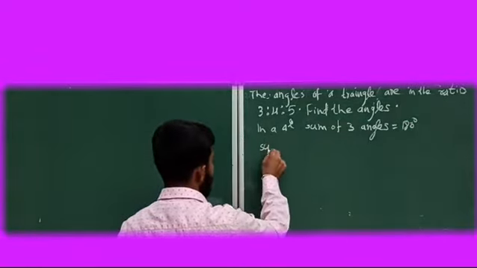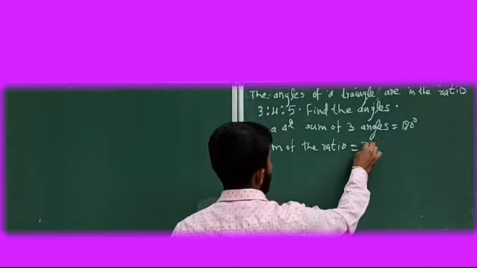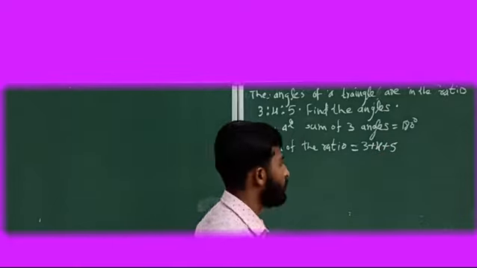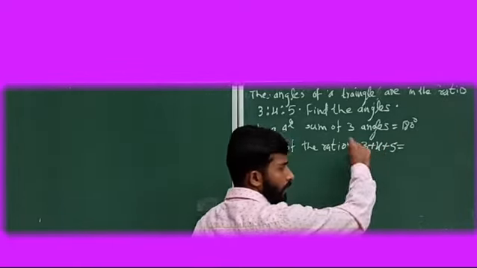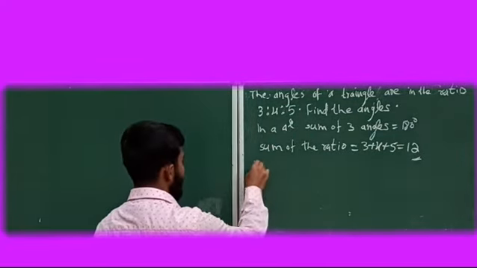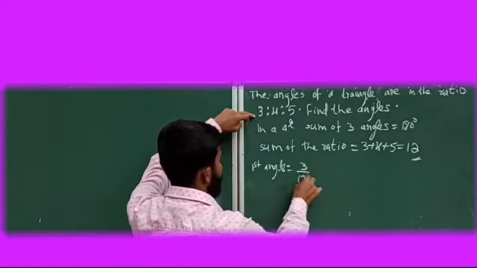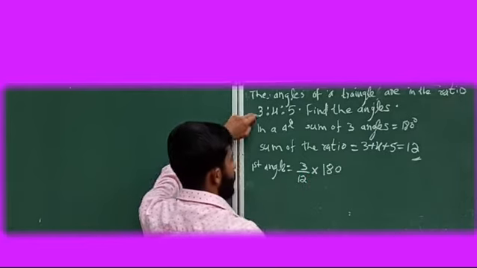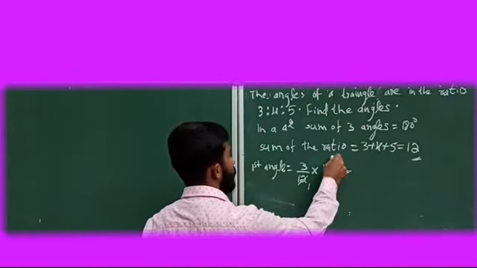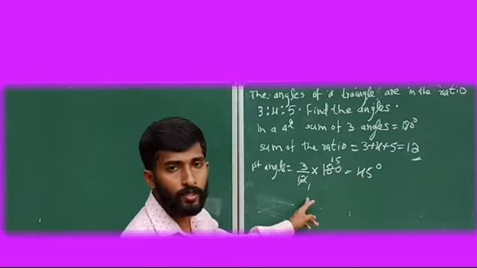Now take the sum of the ratio. Sum of the ratio is equal to, 3:4:5 is given. So you need to take 3 plus 4 plus 5. Okay, how much? 5 plus 4 is 9, 9 plus 3 is equal to 12. Sum of the ratio is equal to 12. Then first angle is equal to 3 out of how much? 12 into 180. Total angle is equal to 180. Simplify this one. It's equal to 1s are 12, 15s are 15, 3s are 45 degree. Okay, because you are measuring angles.